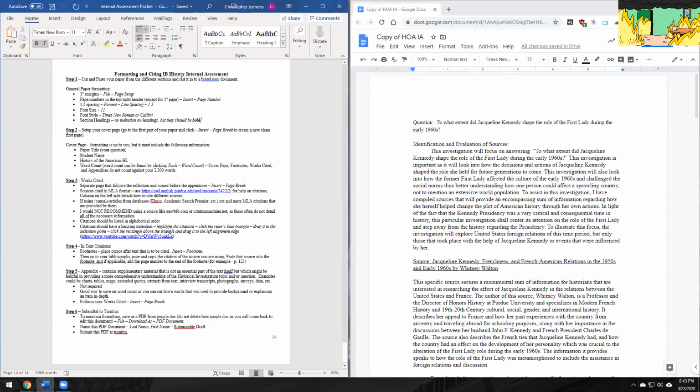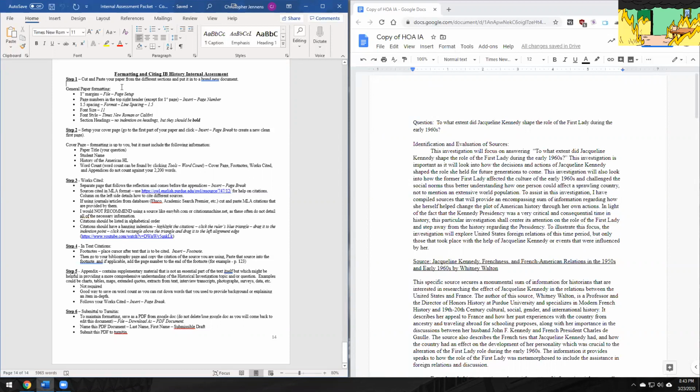With step one, I have already done step one with this. So basically what you need to do is take your paper that you've submitted in different parts and start a completely brand new blank Google Doc, and paste it all into it. That way everything's uniform and the same in that single doc, and you're not cutting and pasting from one doc to another. You're putting it on a completely brand new Google Doc. So if you need to, pause this and do that, and then I'll jump into the general paper